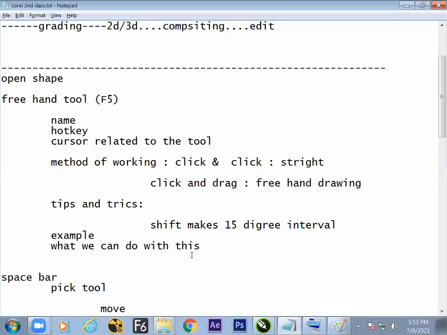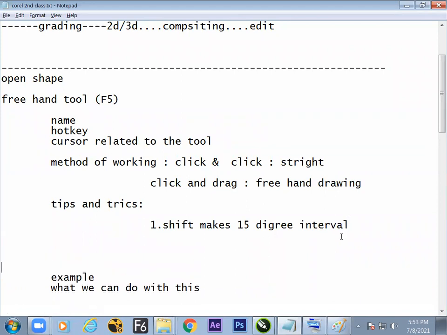What we are learning now: tips and tricks on the tool. What is the next tip and trick we have seen here? The first is that the shift command while drawing, in click format, makes a 15-degree interval.